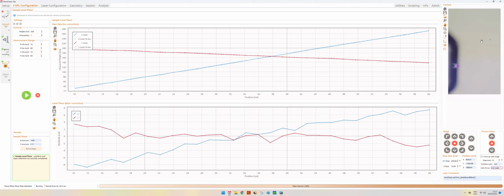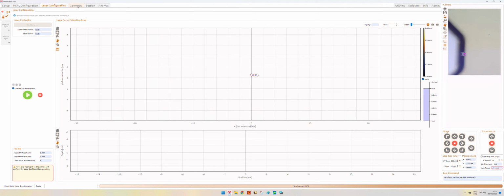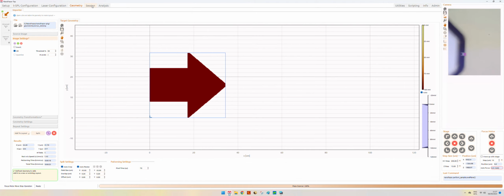And we move down with the focus. Just because. So any functionalities, anything that you click on the software will be part of the script.